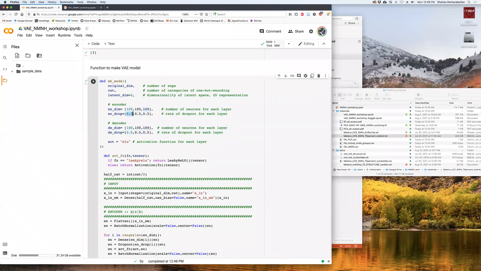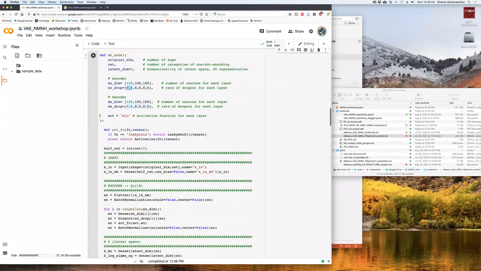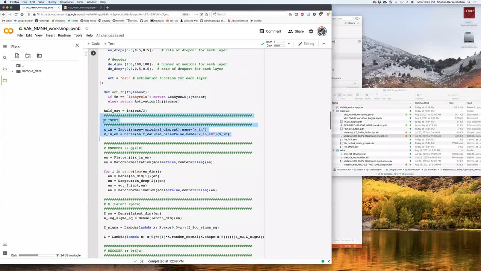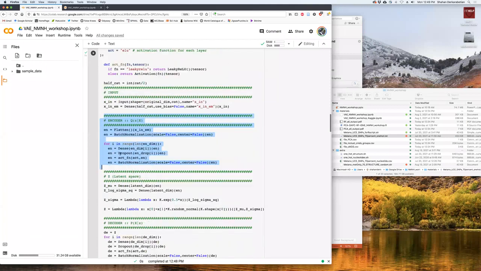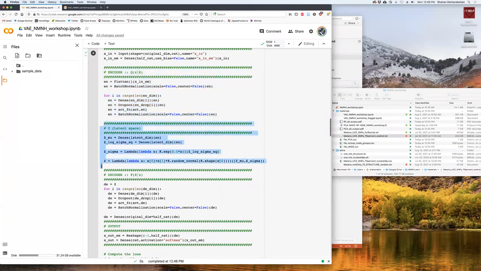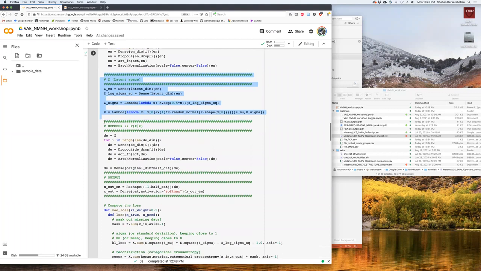Dropout is 0.5 for each layer. These are the activation functions. And then this is the encoder, which handles the input, with our dense, dropout, activation, and batch normalization. Here's our latent space with mean and standard deviation. And then we work backwards, decoder and output.